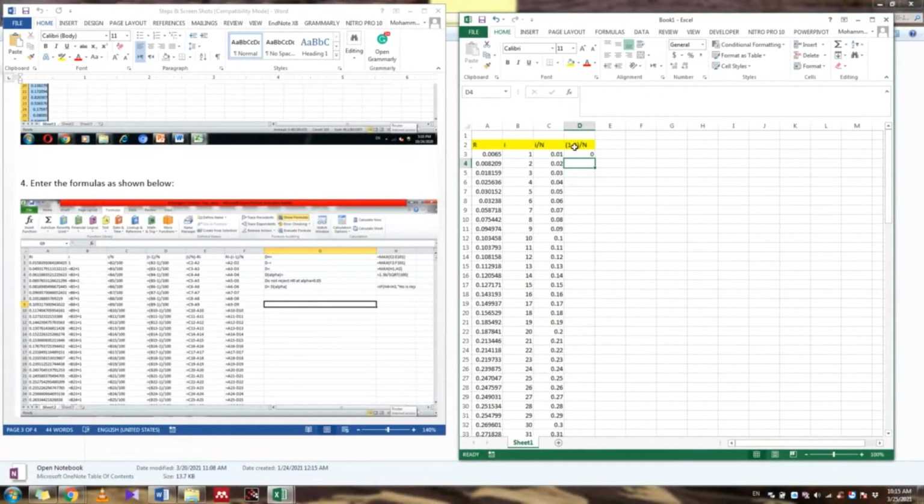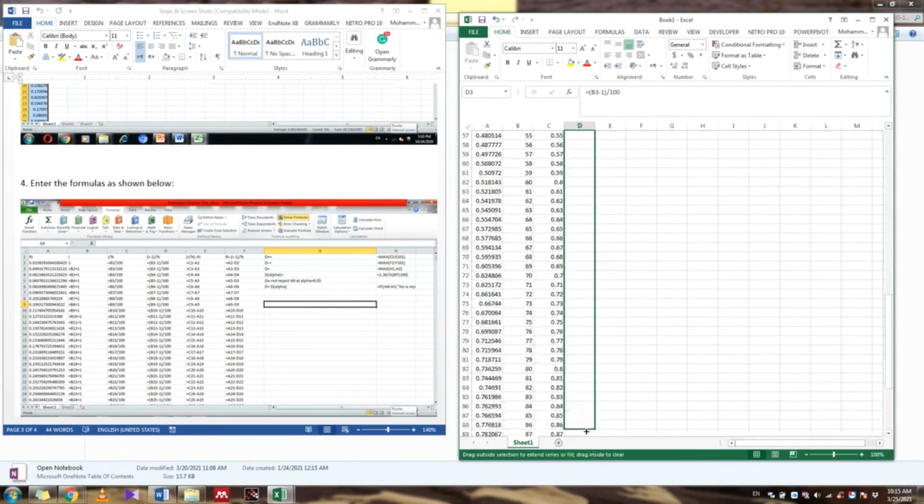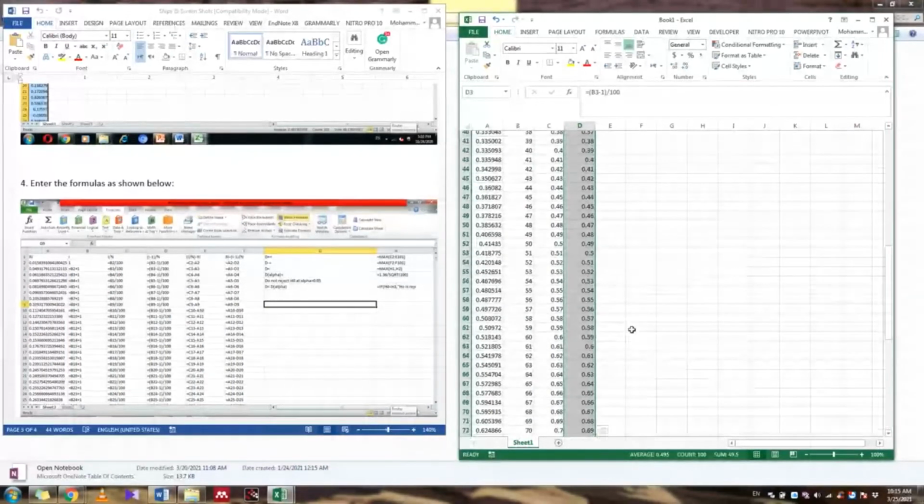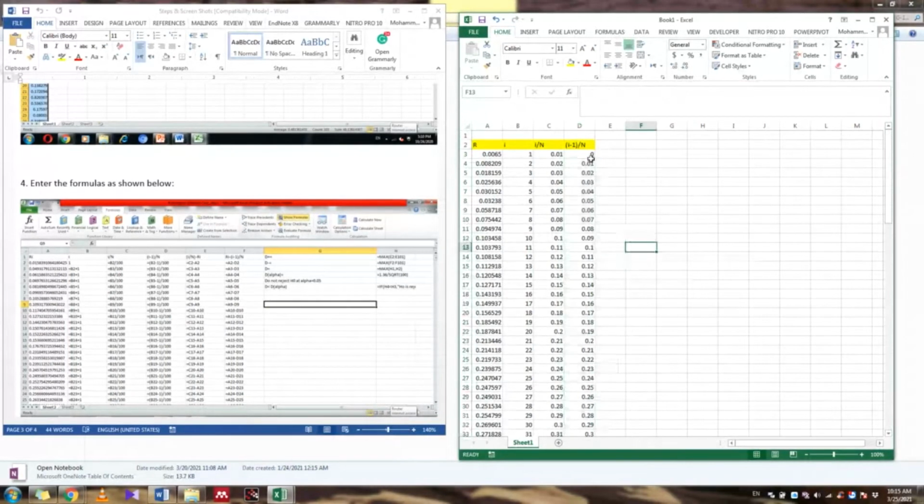This is the formula. Here we apply the formula. We have to drag and drop it up to the last. Okay, and this also we finish.